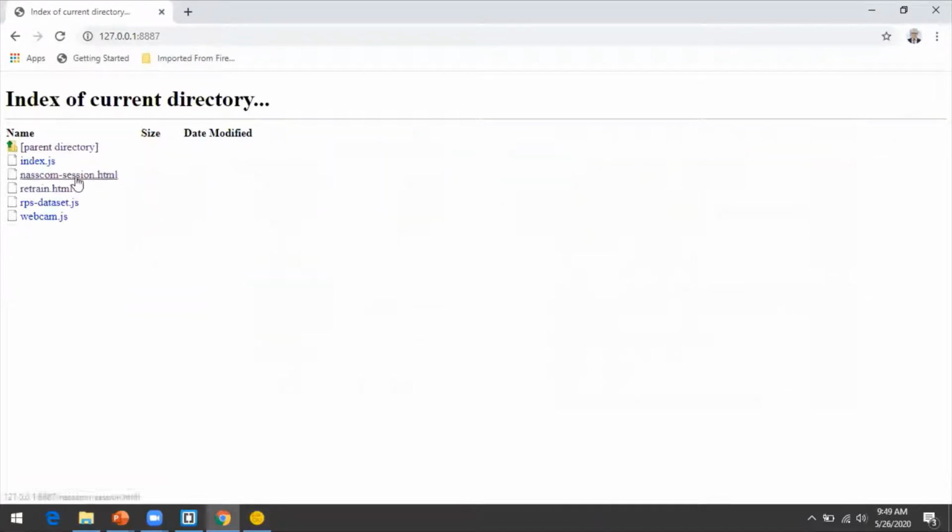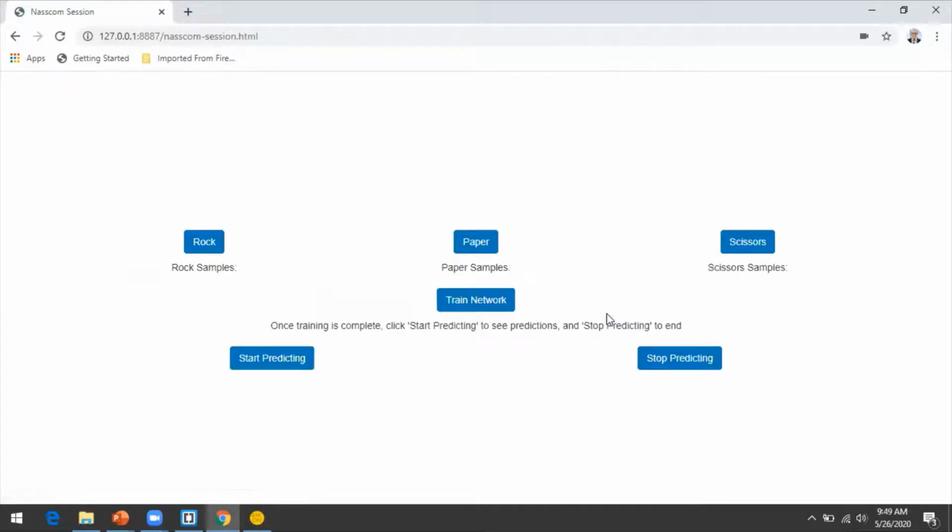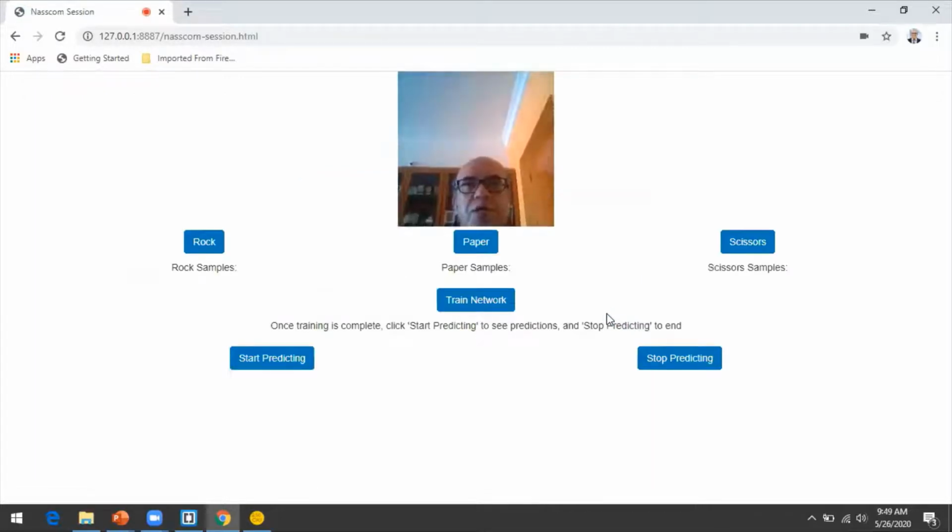We are going to click on this HTML file. This HTML file, along with a couple of JavaScripts, is going to load our model. And what we are doing here is we are using a webcam to expose our model to real world. And the webcam will capture our training data, as well as it will be exposed for capturing images for making predictions. So that is me. You see me right there in the webcam.